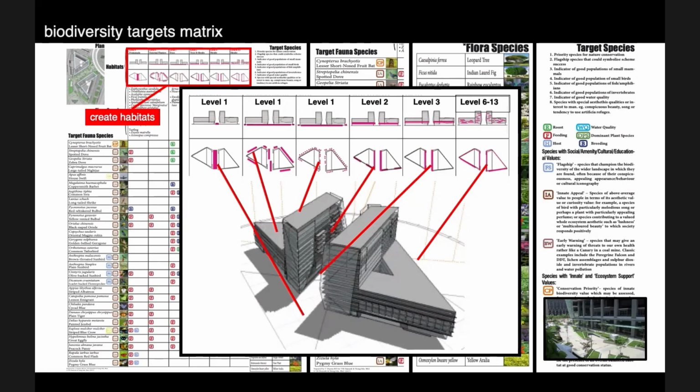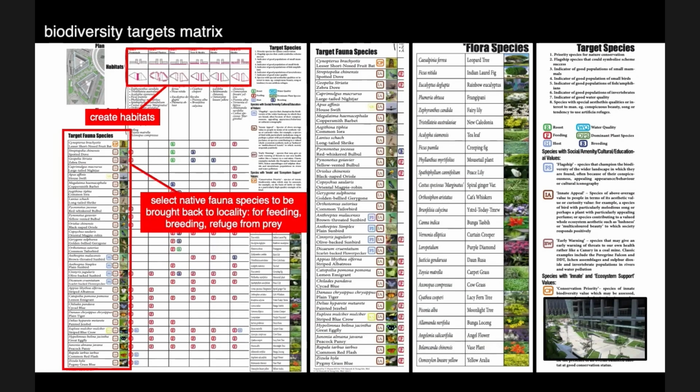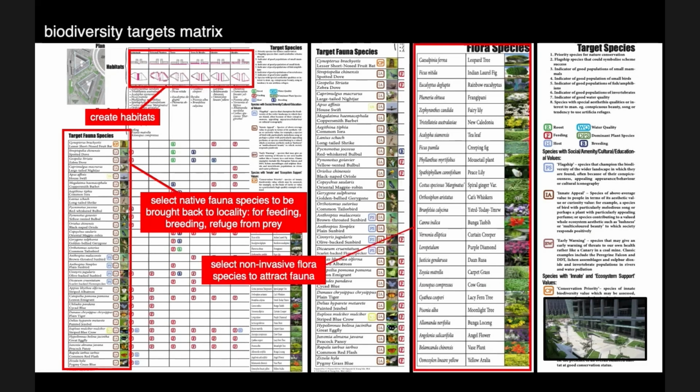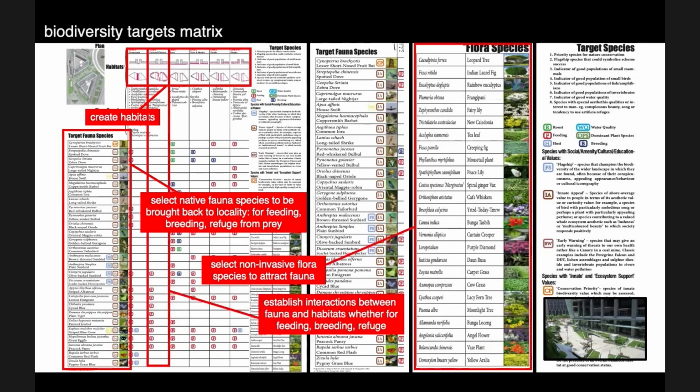And then within the habitats, we try to identify the faunal species that we want to bring in. And then having identified the faunal species indigenous to this locality, which are not hazardous to human beings, we try and identify floral species that will attract the faunal species. And then from there, we look into the interaction between the fauna and floral species with the habitats. So you can see that